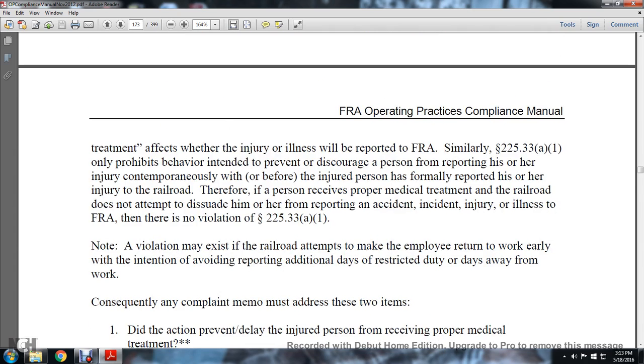After the effects of whether the injury or illness will be reported, the FRA statute, 225.33(a)(1), only prohibits behavior intended to prevent or discourage a person from reporting his or her injury, including before the injured person has formally reported his or her injury to the railroad. Therefore, if a person receives medical treatment and the railroad does not attempt to dissuade him or her from reporting an accident, incident, injury, or illness to the FRA, there is no violation of the statute